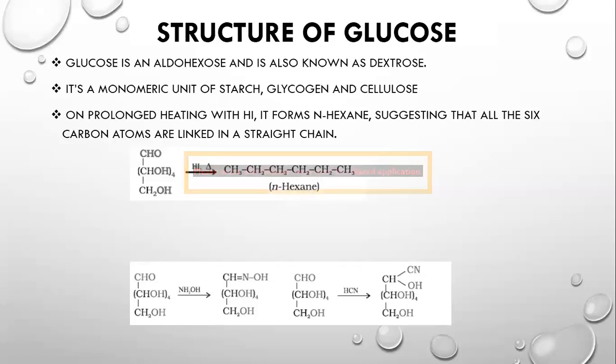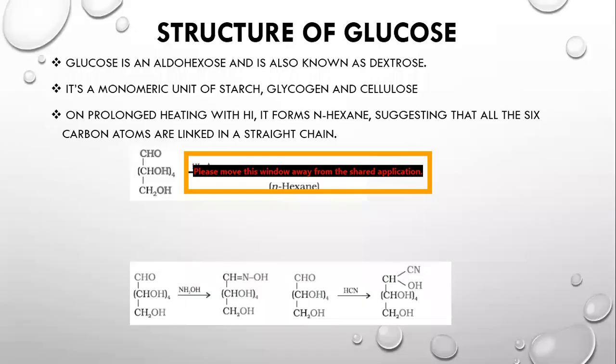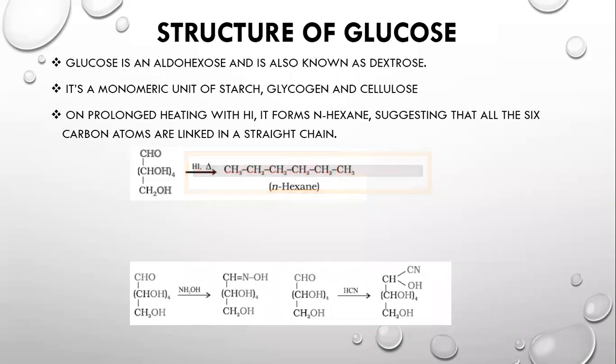You should know each and every one. Please write down the formula. This is an example: based on the number of hydrogens, we can say how many carbons are present. For that, I'm giving one example. Write the open chain structure for C8H16O8. Write the aldehyde group at the top: CHO,